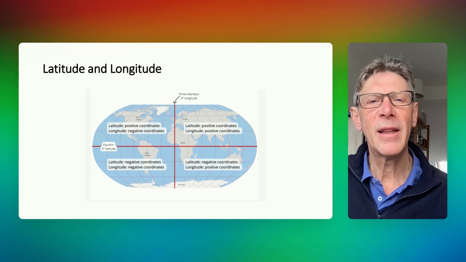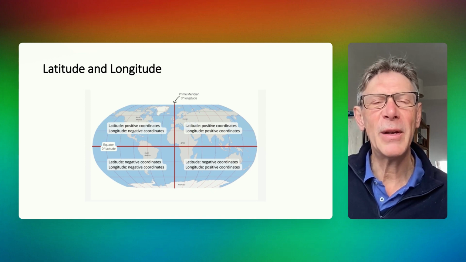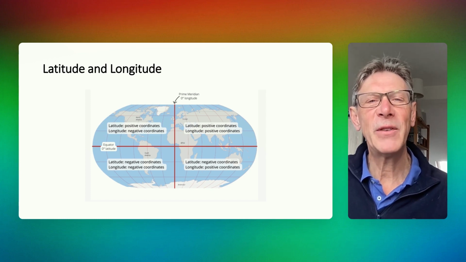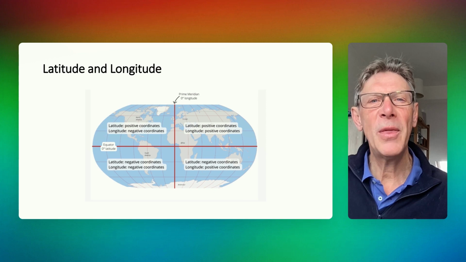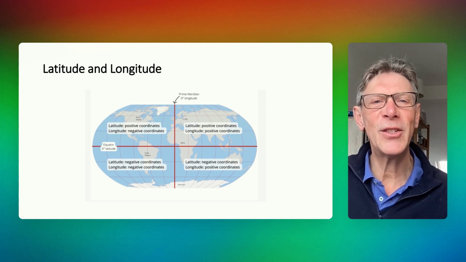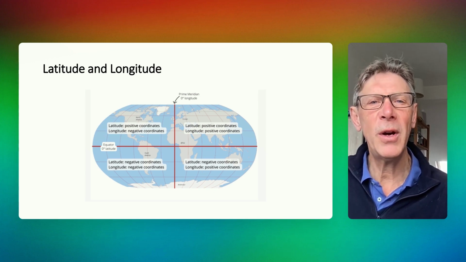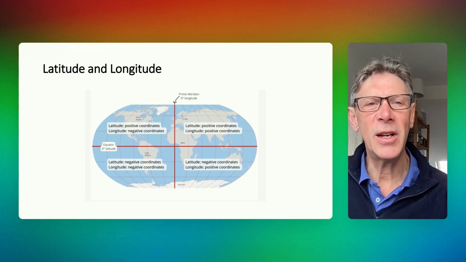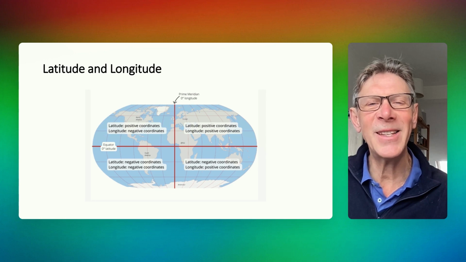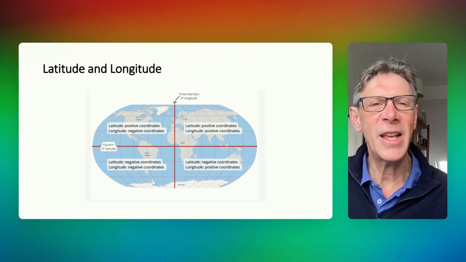And if you're here, is that a warmer place or a colder place than being here? Of course, this is colder. I've seen a question which says, when the longitude line and the latitude line cross here, what ocean is that? Is that the Indian Ocean? Is it the Pacific Ocean? Is it the Atlantic Ocean? Is it the Arctic Ocean? The answer is it's the Atlantic Ocean.